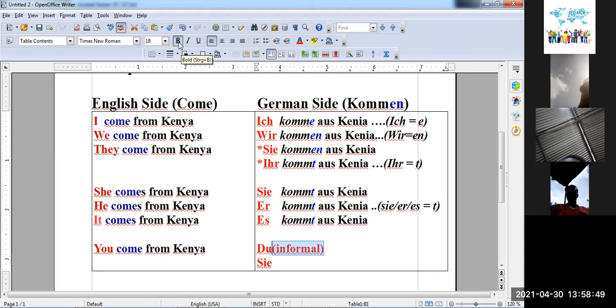You can use du. Okay? Don't use du when you are in Germany to somebody you don't know. You can get an insult. Du informal. Okay? So if you're talking to one person, in informal,